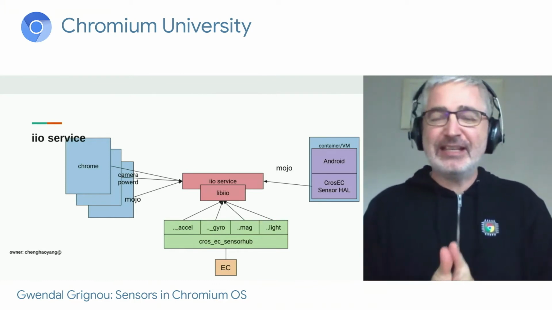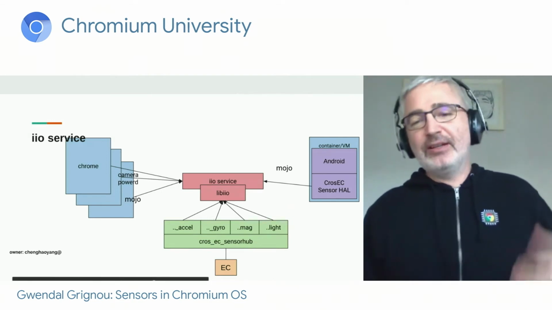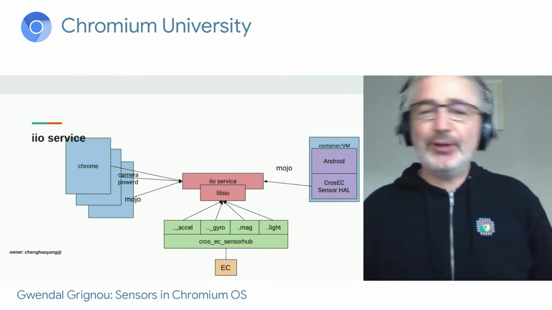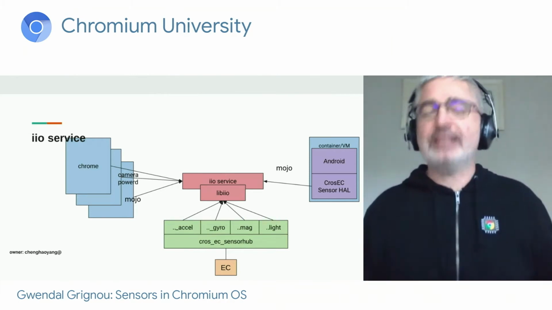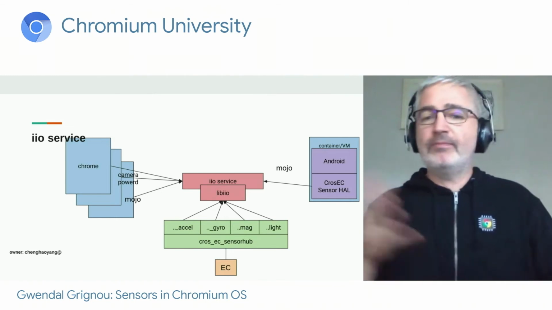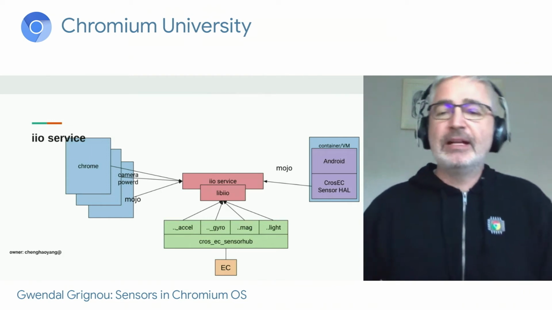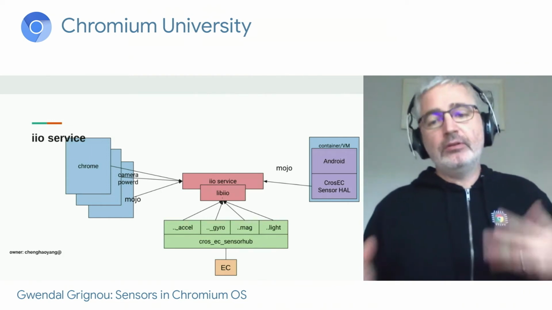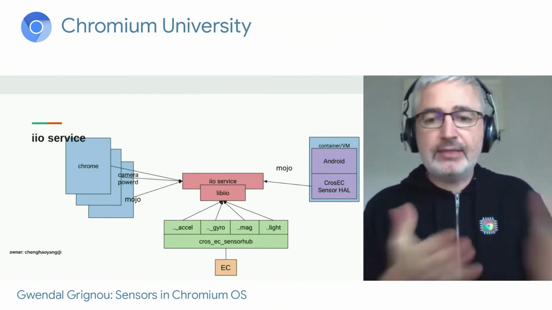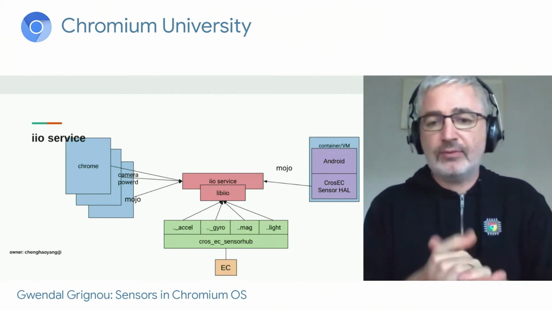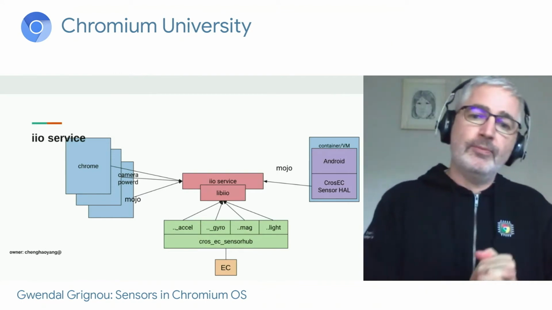So the idea is we collect the information from the kernel using an open source library called libiio, and then we spread those events to whoever asks for it. And everybody has the same access to the sensor. So the libiio project, whose main architect is the same person that wrote the IIO library in the kernel, was designed as a network conduit.